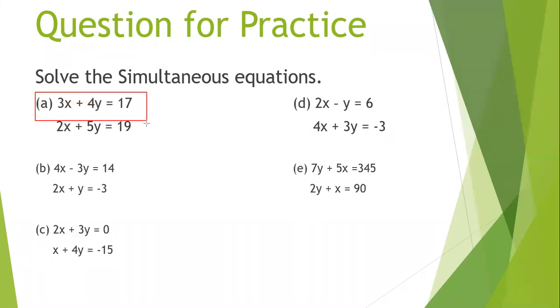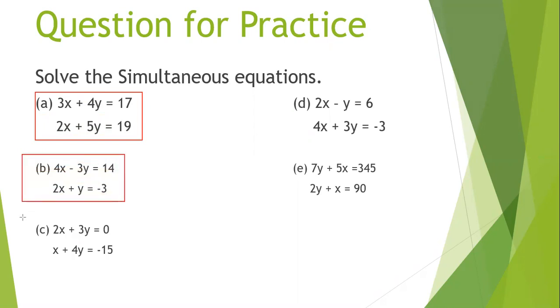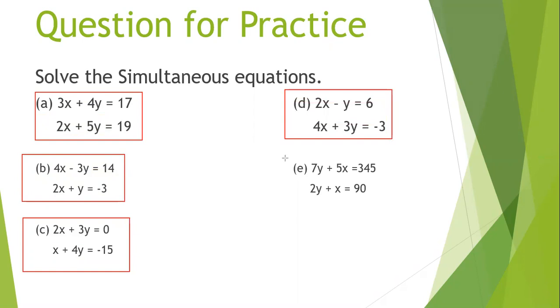This is the first question, or A part, you can say. Solve this question. This is B part. Solve this question. And this is C part. Solve this question. And this is D part. And this is E part. These are 5 questions. Do these questions. If you have any problem, then you can discuss it with me. I'm giving you my WhatsApp number. You already have my number. First of all, solve these questions.